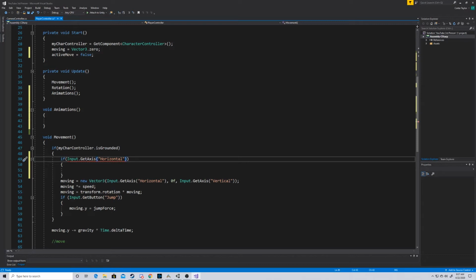Really, we don't care whether we're moving backwards or forwards for right now. I'm only doing a forward run and an idle, so I'll just say if it's not equal to 0, because that should be the idle. If it's not equal to 0, this needs to be a float because inputs are floats. If it's not equal to 0 for horizontal, or, and this is shift and then the key right above enter if you've never done an or,